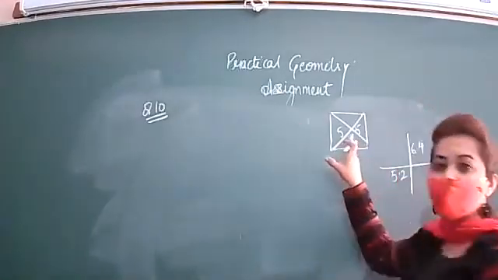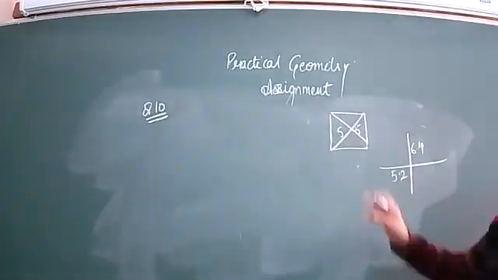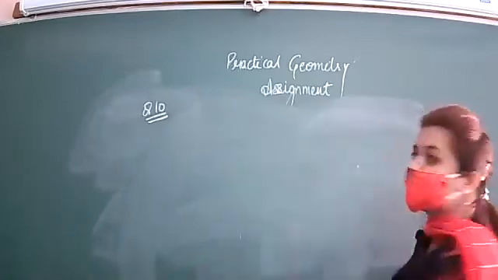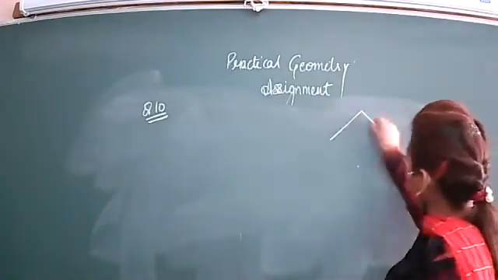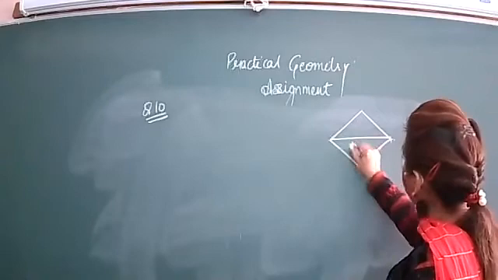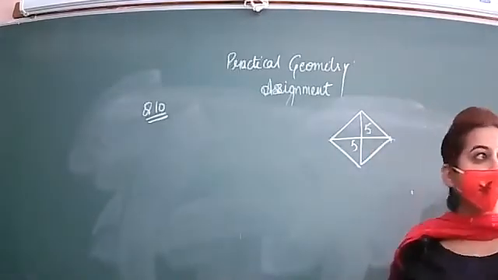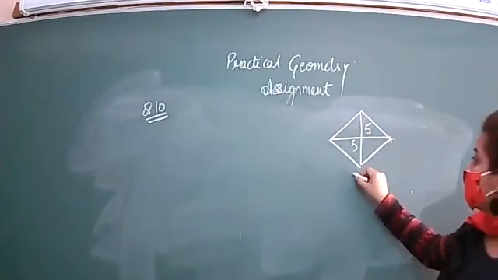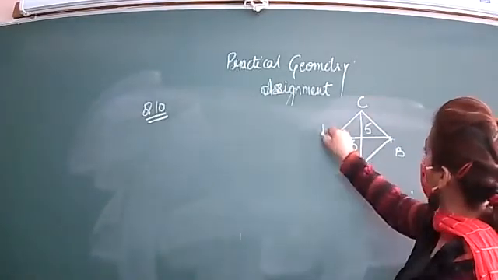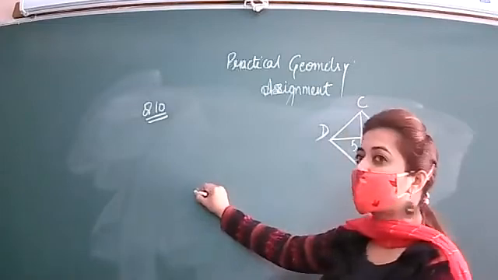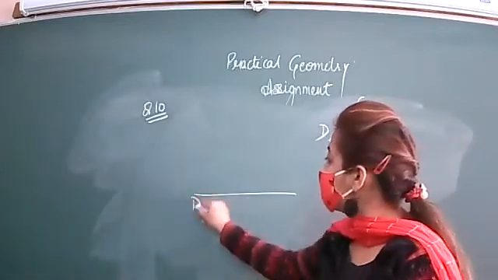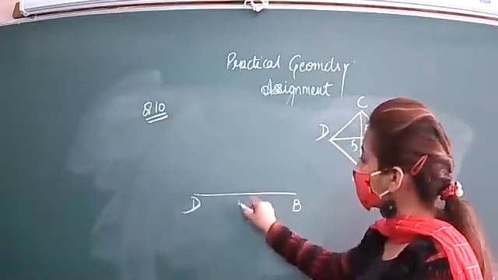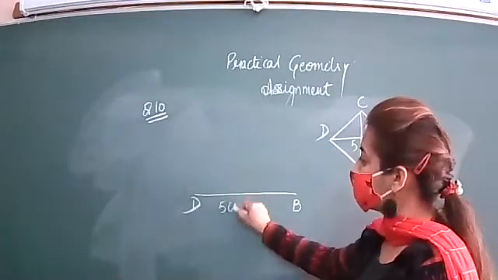So for this, the rough figure will not be of this form. It will be in the form of a kite. It will be of this form, 5, and this is also 5. Got it? No base is given, so that's why I have drawn it in this manner. Give the names. So from here, you will draw the base BD, that is 5 centimeter.